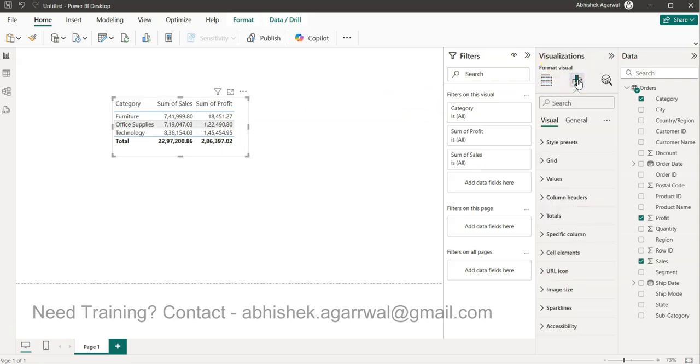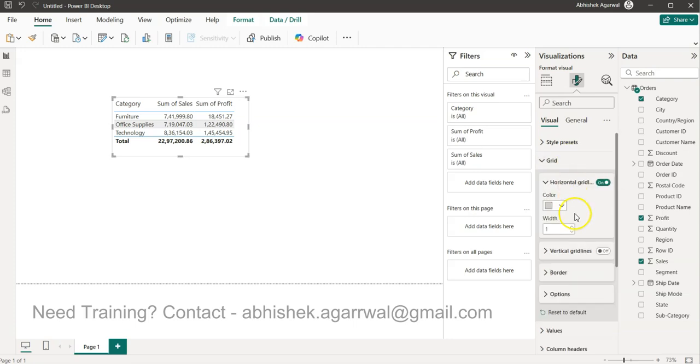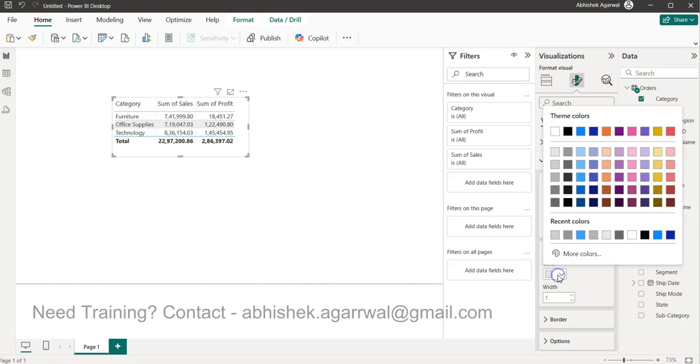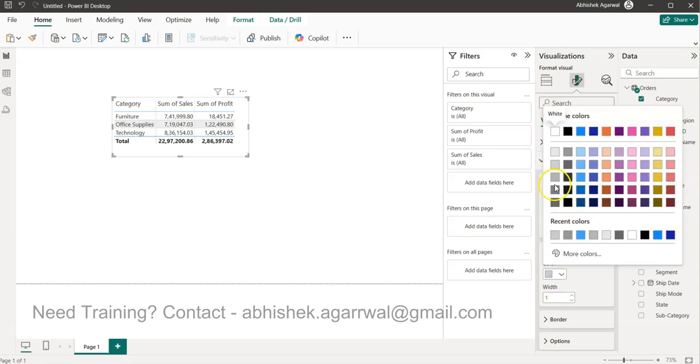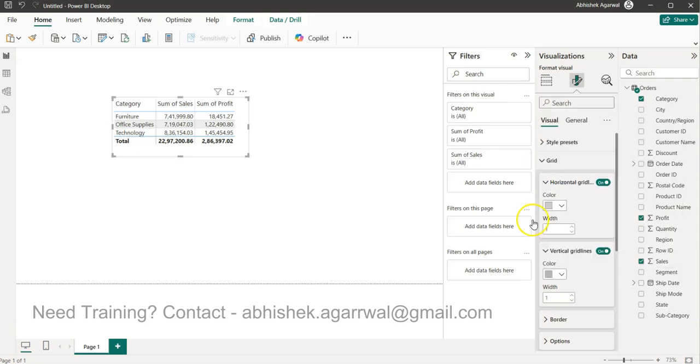You can come over here in the format visuals, and over here you can look at the grid. Over here the grid lines, first thing first, you need to enable it, but right now it's not visible properly. So what you can do is come over here and change the color a little bit, and make sure you edit as much dark as you want, right? This much is I think is fine, where it can show the clear demarcation of the lines